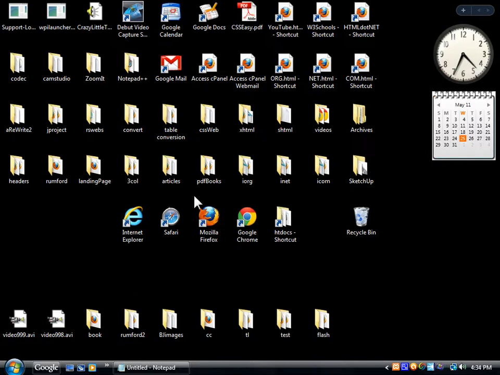And what else? What else? These are all websites. With the exception of this, these are all shortcuts to various items. And yeah, these are all websites. And down here,